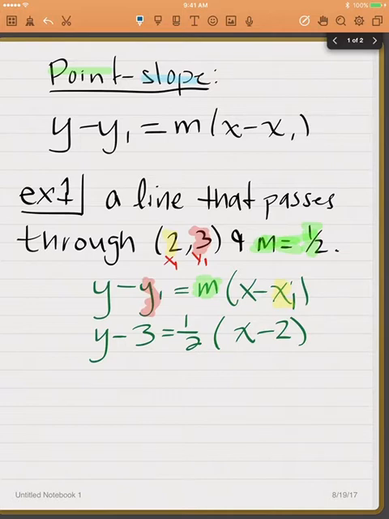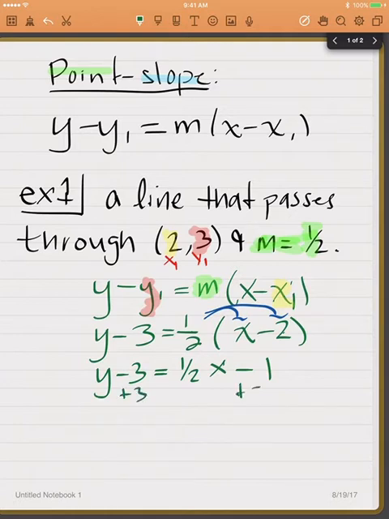So from there, I'm going to distribute the 1/2 out. I know we don't like fractions, but they're going to be showing up a lot. So y minus 3 equals 1/2 x minus 1/2 times 2 is just 1,